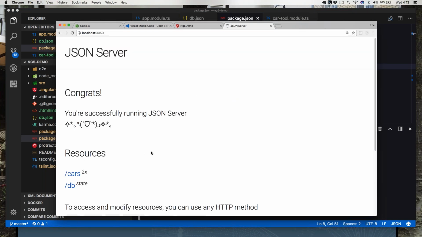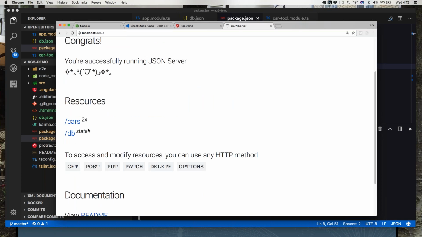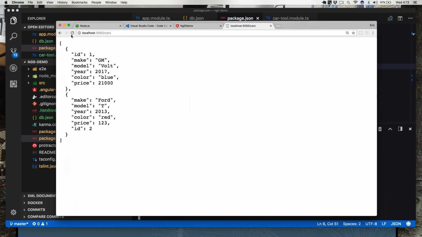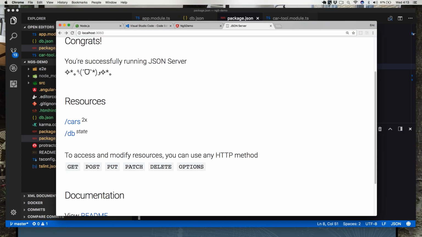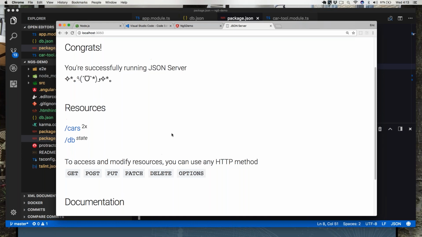And you'll see we have the JSON server. And we can actually come in here and click on cars and see our car data. We can also do all the various operations that you would do against a REST service for inserting data, replacing data, what have you. JSON server also supports SSL, and it also supports CORS for dealing with cross-origin issues. So as you can see here, this is a pretty easy way to get a full-blown REST service up